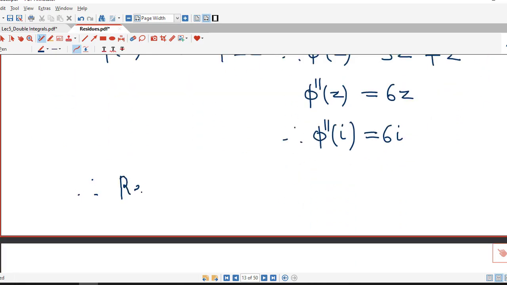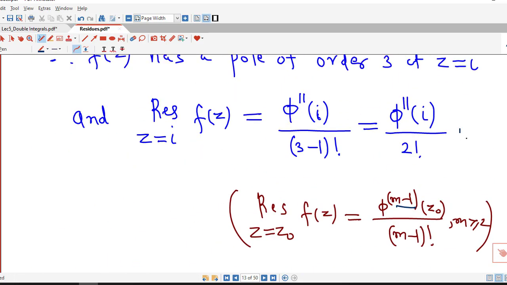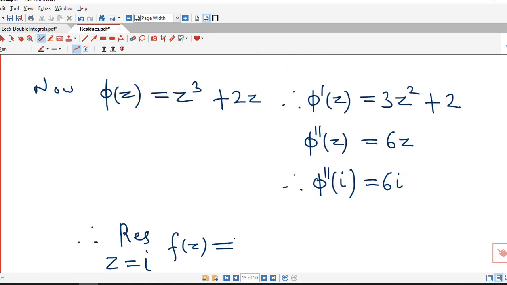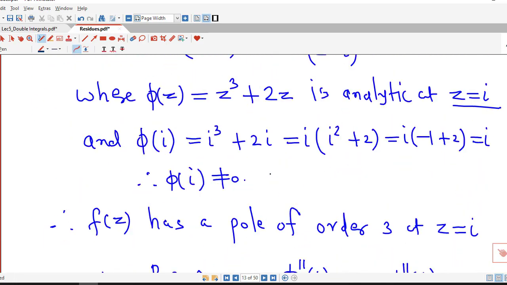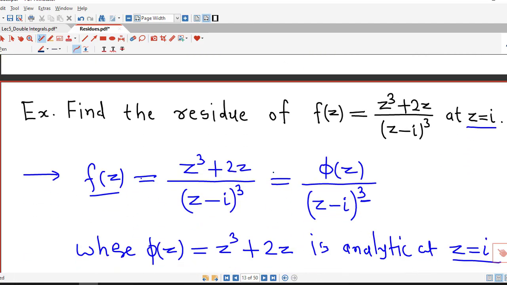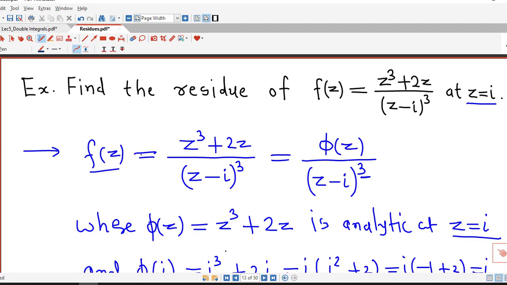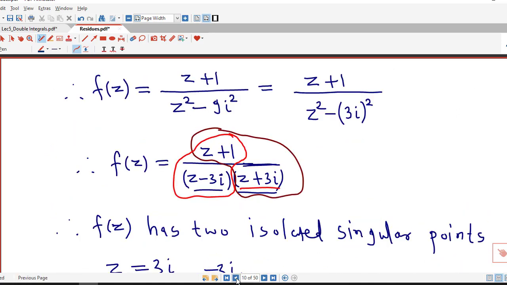So we substitute this second derivative. Therefore the residue of f of z at z equal to i equals, so we put in phi double dash of i divided by 2 factorial, that is 2. So here we have 6i divided by 2, that is 3 times i. So the residue of f of z at z equal to i is 3i. Okay, so in this way we can easily calculate the residue at a pole without using the Laurent series expansion